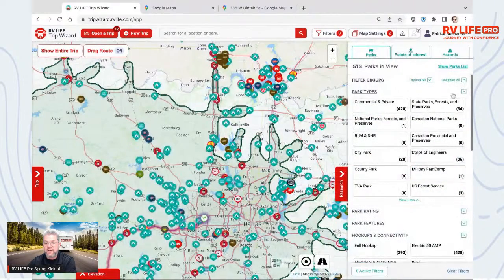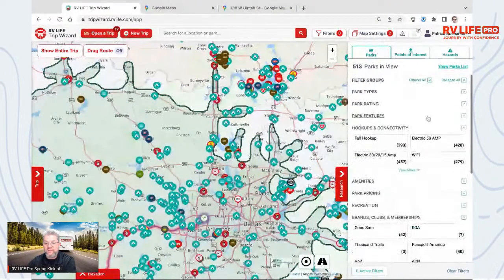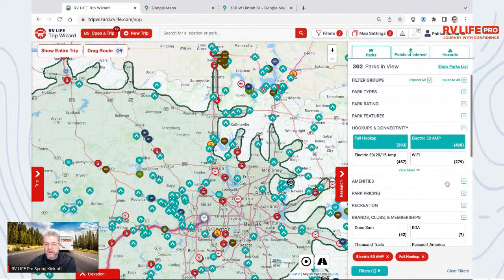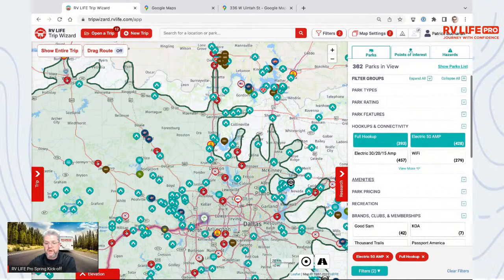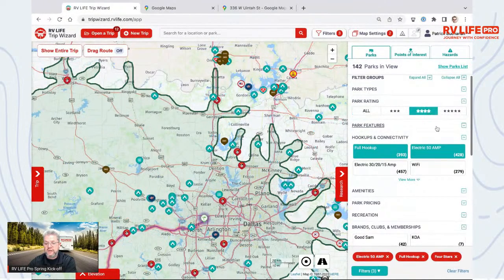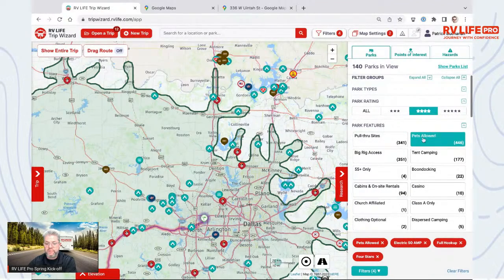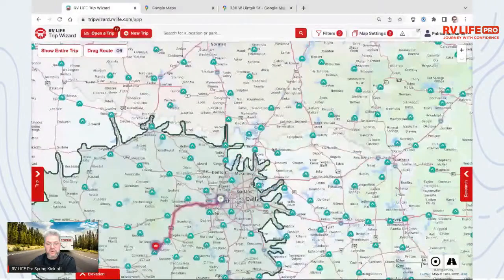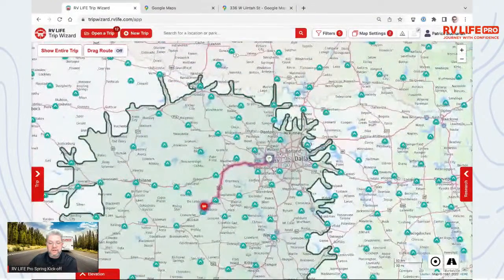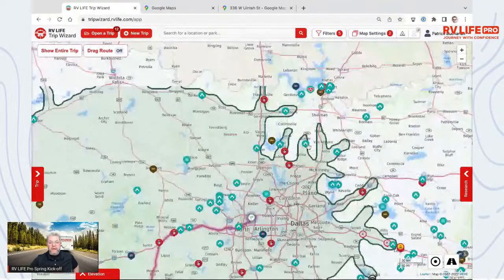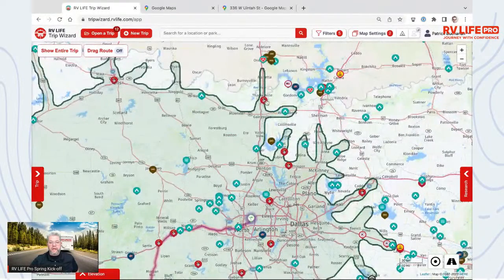We've been to, and if I take away the other option I do is I pull out Corps of Engineers. And let's say it needs to be a working vacation. We want to get away from the house, but the wife and I both have to work. So now we'll go back to 50 amp, full hookups. We're going to pick 4 stars, and it needs to have pets allowed and big rig access. And now within that same 3-hour journey, I've got a variety of campgrounds. And I can attest to this. This is pretty doggone accurate